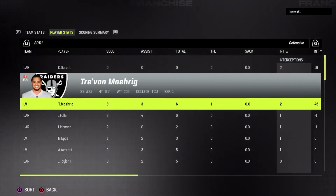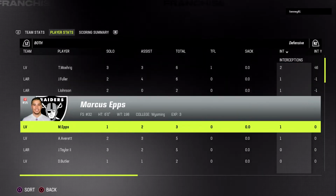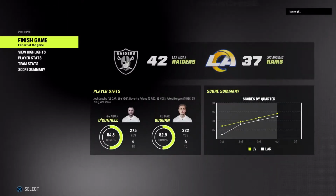So for Las Vegas, the win pushes their record now to 11-2 on the year. And they'll get a few days to savor this one before